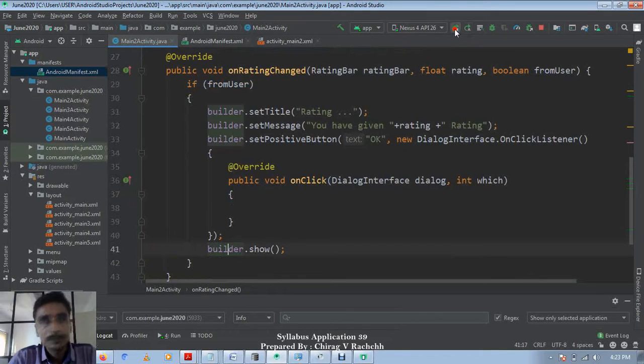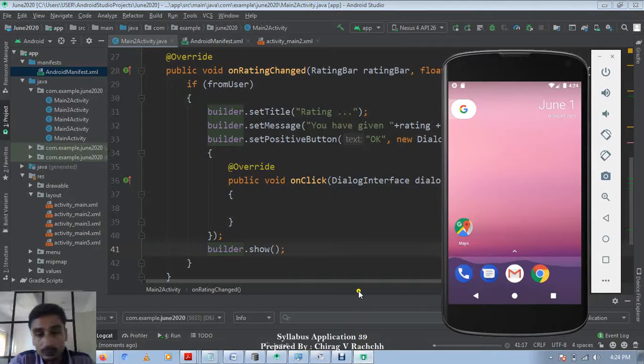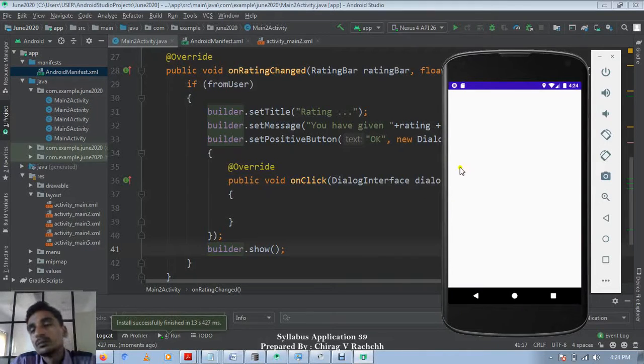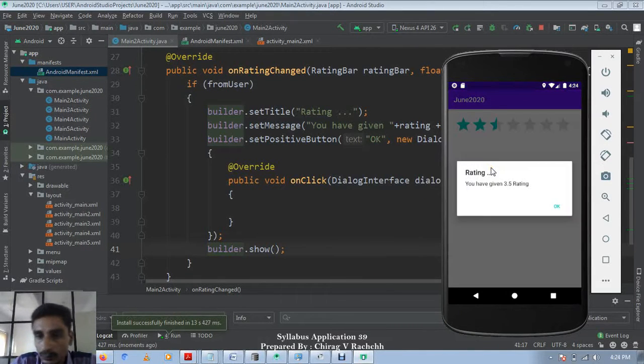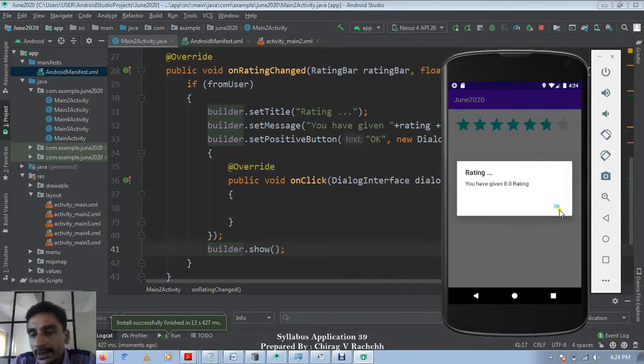Okay, let's try and see what happens. So no need to write code for OK, as OK disappears automatically.